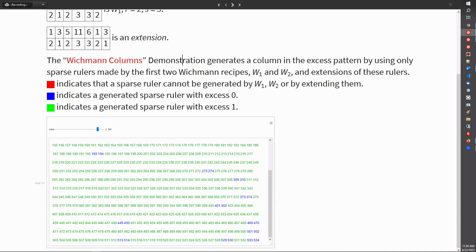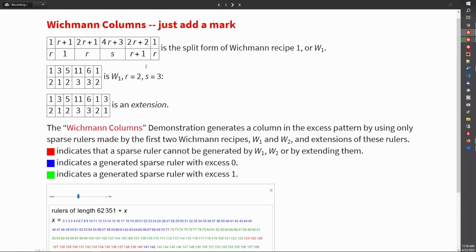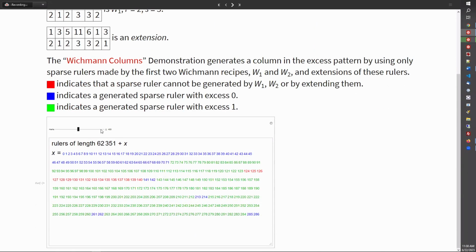The red indicates that a sparse ruler cannot be generated, blue indicates a ruler with excess 0, and green indicates a ruler with excess 1. And I forget where, but after a certain length, for example, here are some that don't work. For 433 marks, these values cannot be covered just by adding an extra mark. But for anything over about 800,